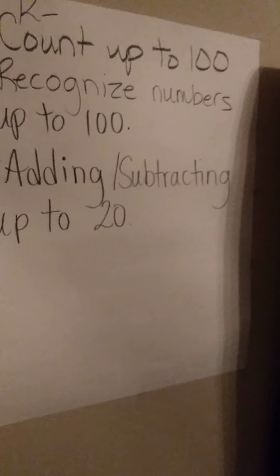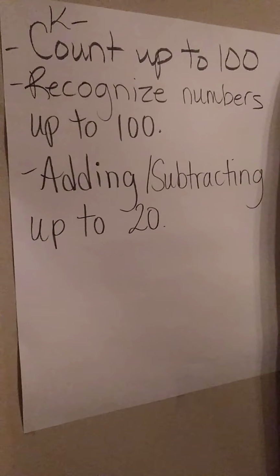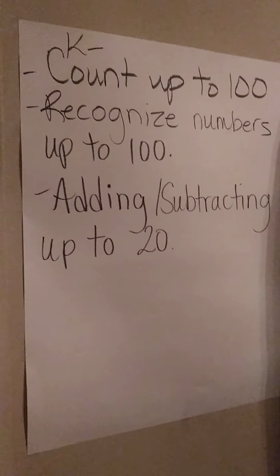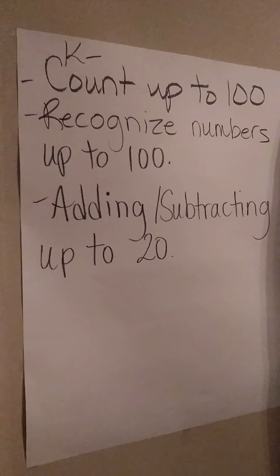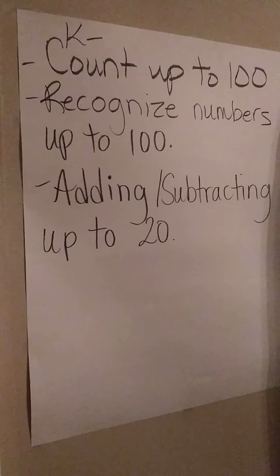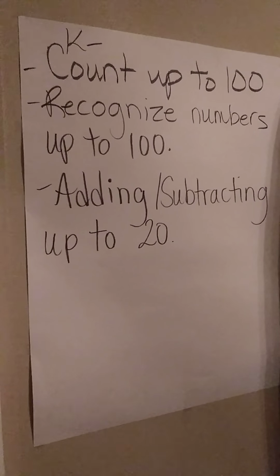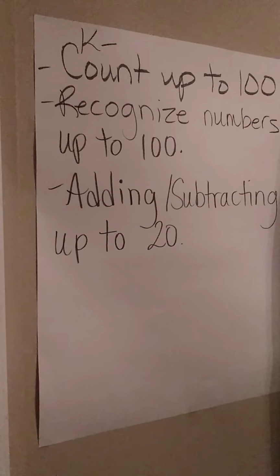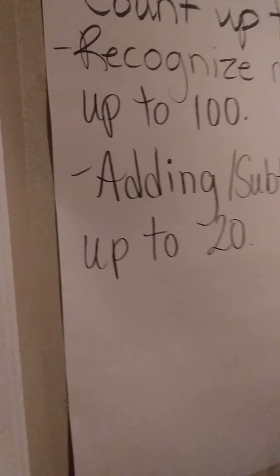Okay? So they should be able to add numbers up to 20. It's really to 19. But sometimes if your students are smart enough, they can add up to 20. Okay? So any numbers combining numbers up to 19, we'll say 19 to be on the safe side, because the